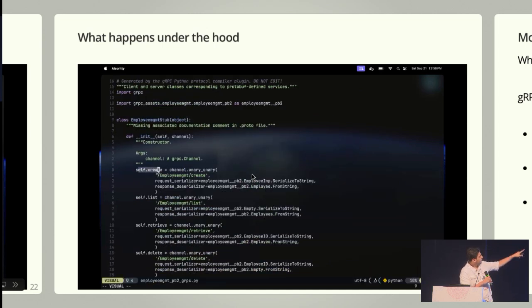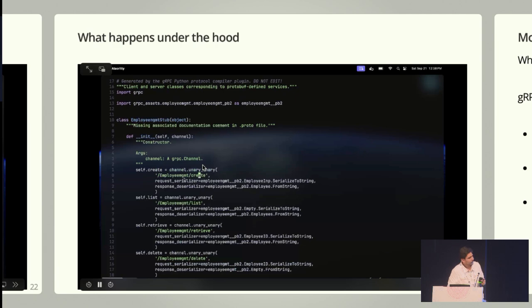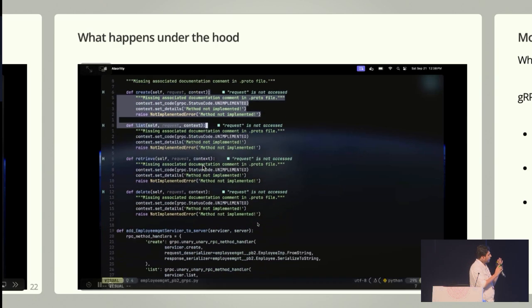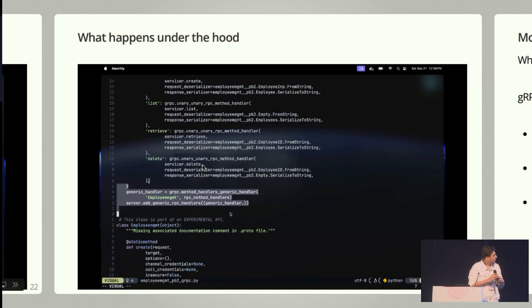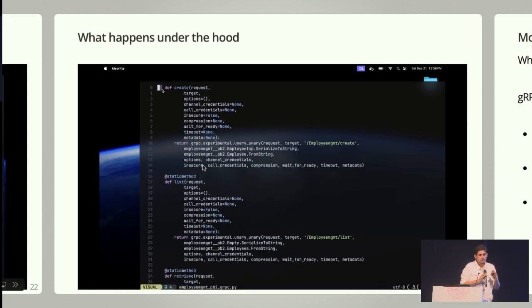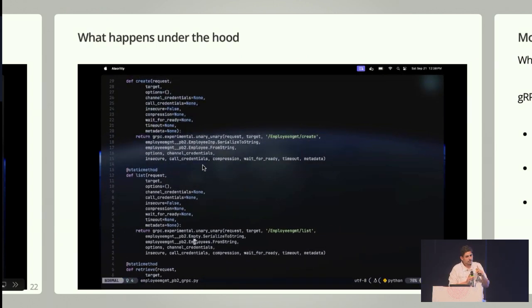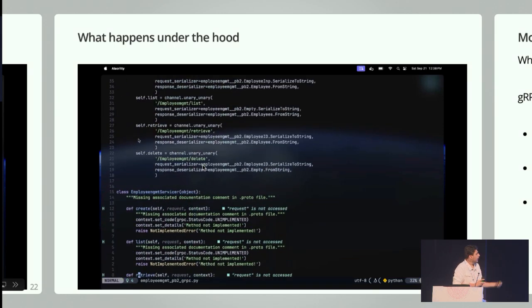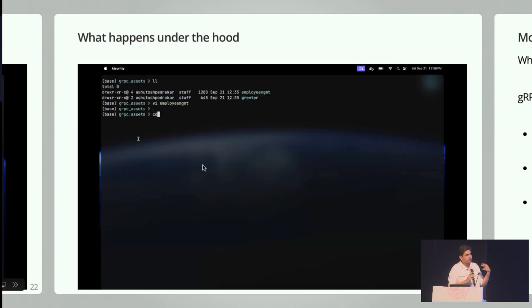So all these things, right? If you see this unary_unary, that's also interesting. Since we are not doing any streaming here, it's unary_unary. We'll look at streaming maybe if we have time later. But gRPC supports 4 things. Unary, as in client is not streaming, server is also not streaming. Client side streaming, where it will be stream unary. Server is streaming, so unary stream, and both of them streaming.